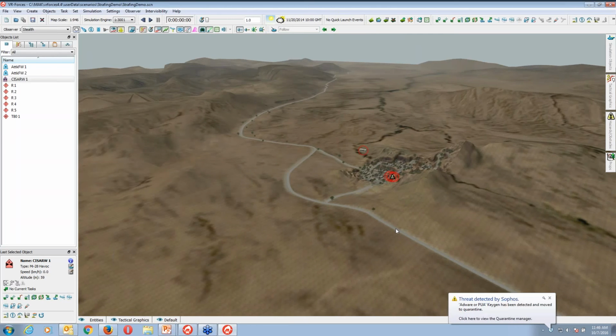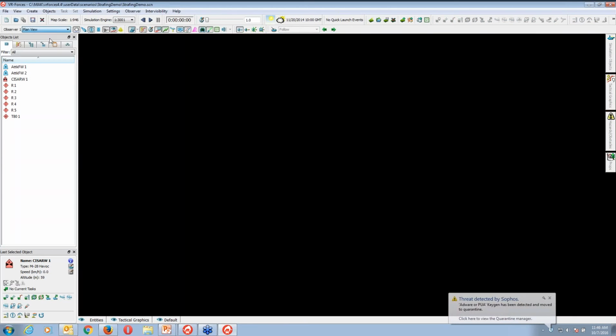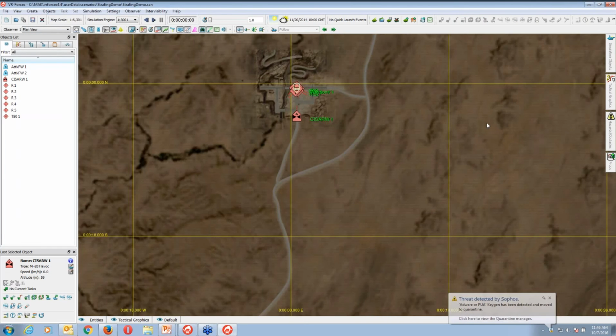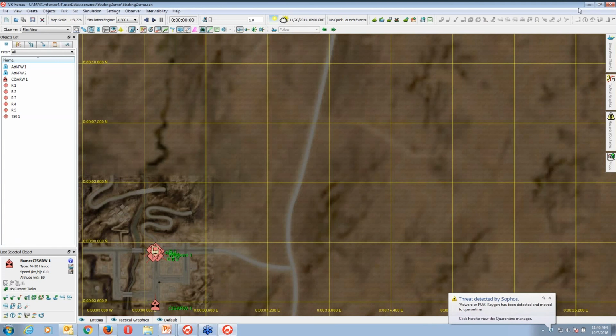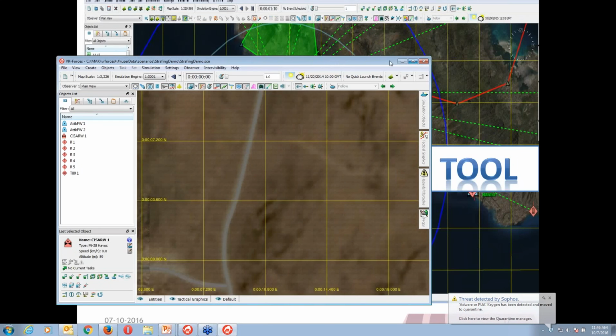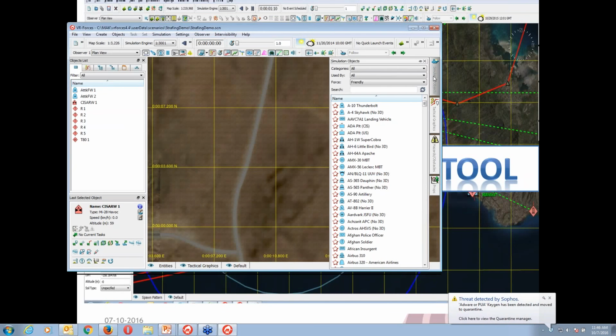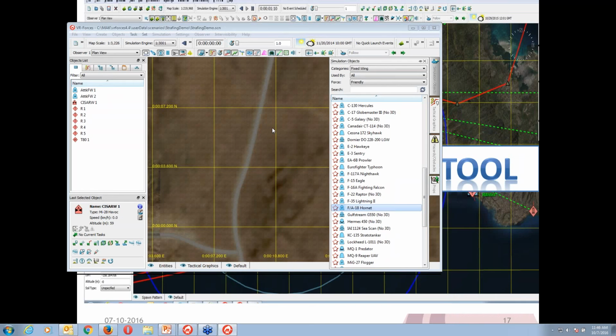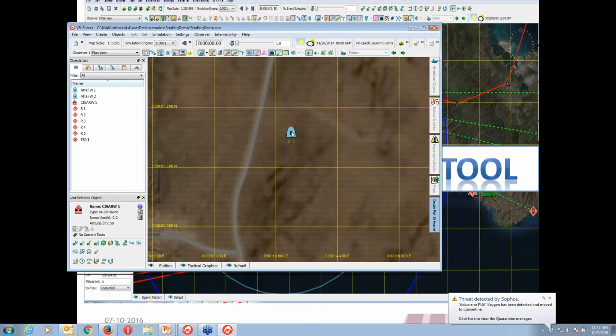Okay, now how to create, I'll switch to plan mode view, and I'll show you how quickly you can create some targets. On the right-hand side, you have the simulation objects tool. There you can select, okay, I need a fixed wing. You have a lot of default library. You select one target and place it, just drag and drop in your simulation. Here, I have placed it. If I zoom in,